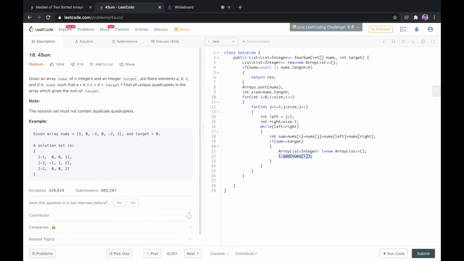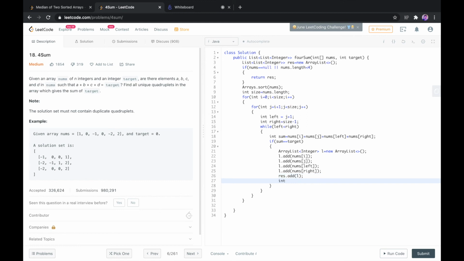I'll just copy this, since i, j, left and right, all of them are going to be added. And eventually what we need to do is we need to push our result to the result array list of array list that we created in the beginning. So what we will do is res.add, directly make a copy of L array list inside the result array list.